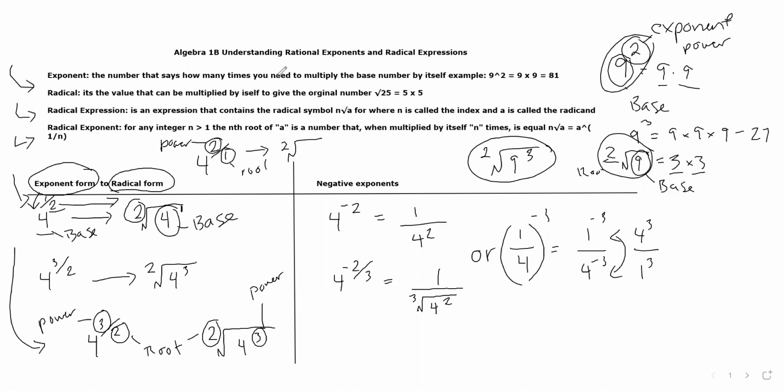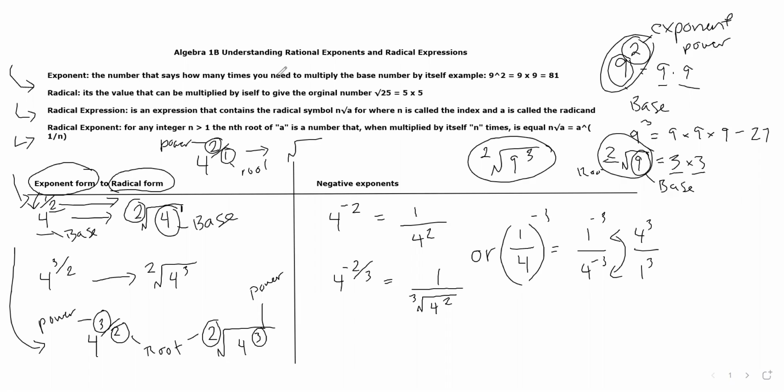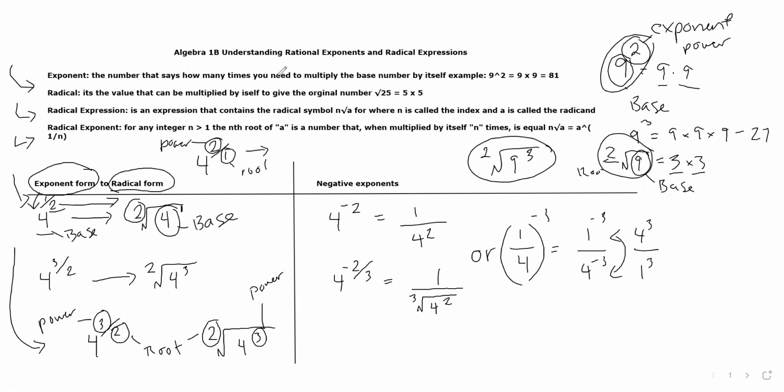Because the power, I mean, let's see. Okay, erase that. Technical issues. Well, it's not letting me right now, but pretty much we can always rewrite it into a radical